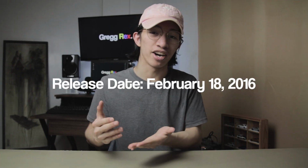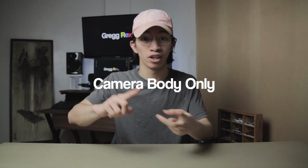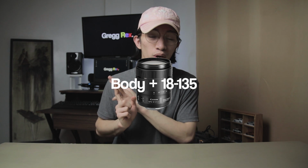So the 80D was released February 18, 2016, which is about 4 years old to this very day. There are three options whenever you want to get this camera. One is body only, one comes with an 18-55, and another comes with an 18-135. Both of those lenses are STM lenses, which are very quiet and very fast when it comes to autofocus, and you know, Canon,